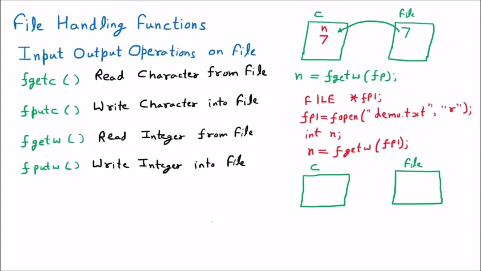Now inside the C program, let us suppose we are having a variable n whose value is 6. Now this 6 value we want to write onto the file. So for that we need the putw function. The syntax of putw is we will write putw. In the bracket we will say the variable which is n, comma, file pointer fp.